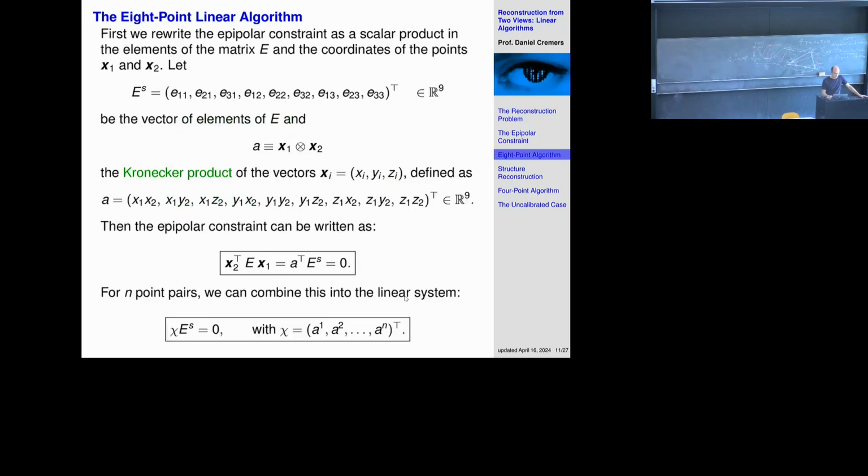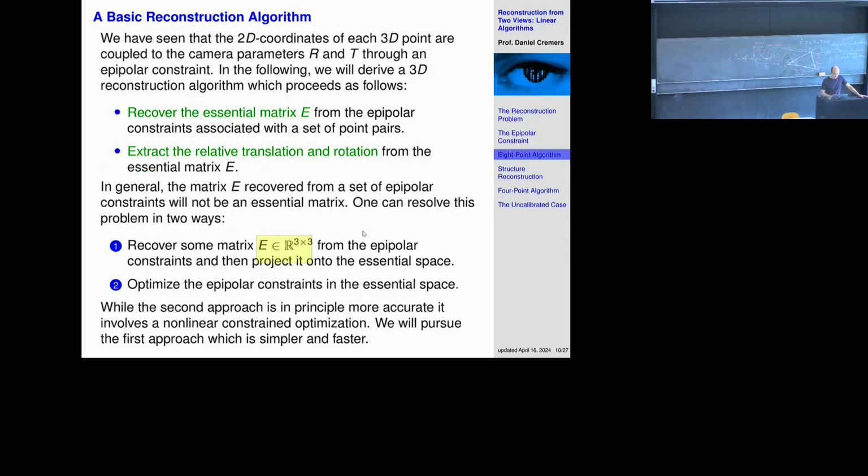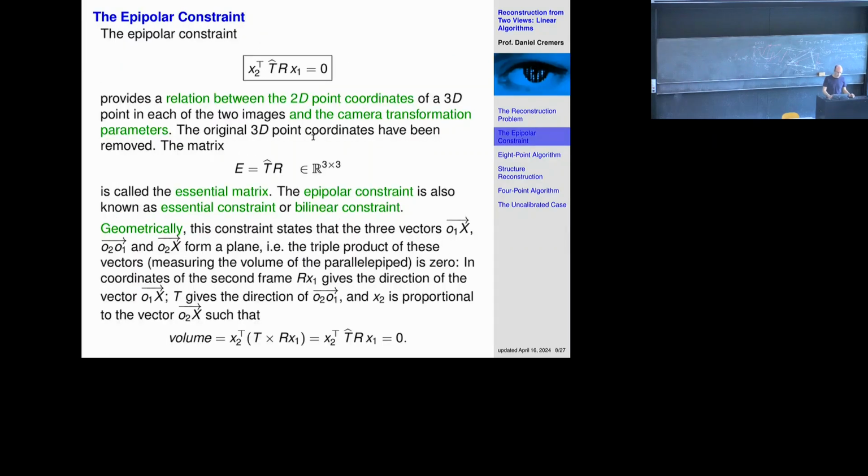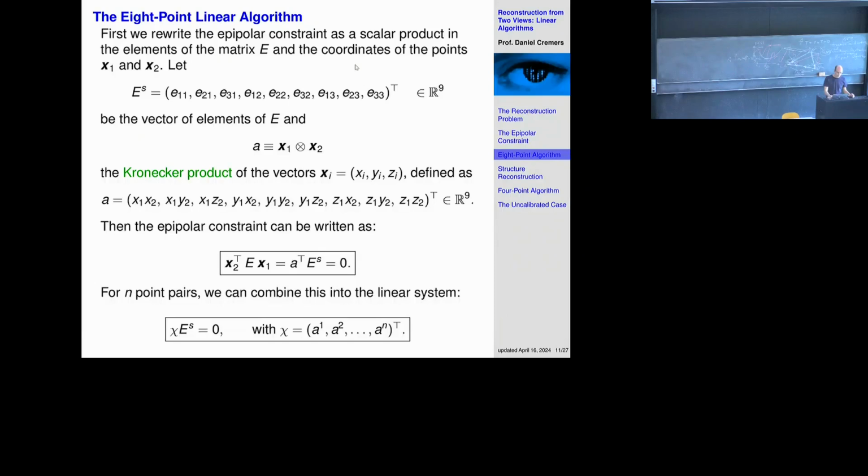And so this is the projection on the essential space that we can do to solve this first step here, project onto the essential space. But let's first look at how we compute the essential matrix. We start by this epipolar constraint. Where is it? This one here in the box. X2 transpose T hat R X1, and T hat R is the essential matrix. So we have X2 transpose E X1 equals 0 for one point, and what we do now is we rewrite